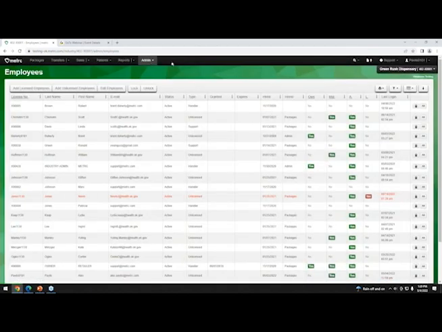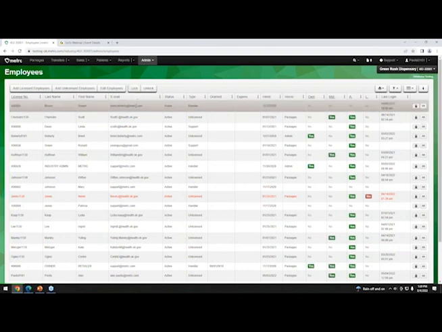All right. Next, we'll talk quickly about locking and unlocking employees. You can lock and unlock employees temporarily if you need to. Maybe they're on vacation and you don't want them accessing the system, maybe because they're workaholics, or maybe you just don't want them messing around. But you can lock them temporarily and then unlock them at will.